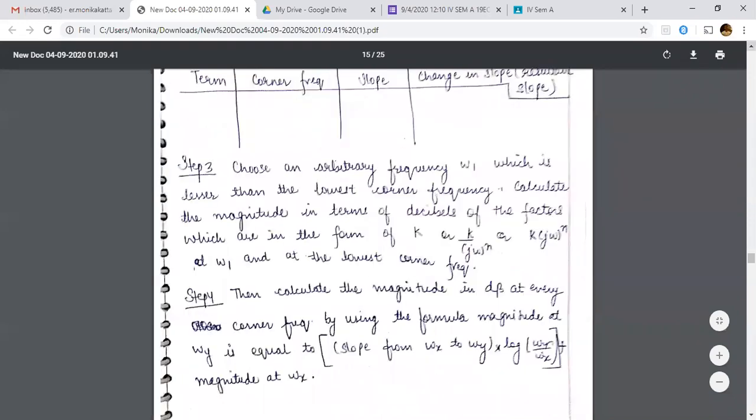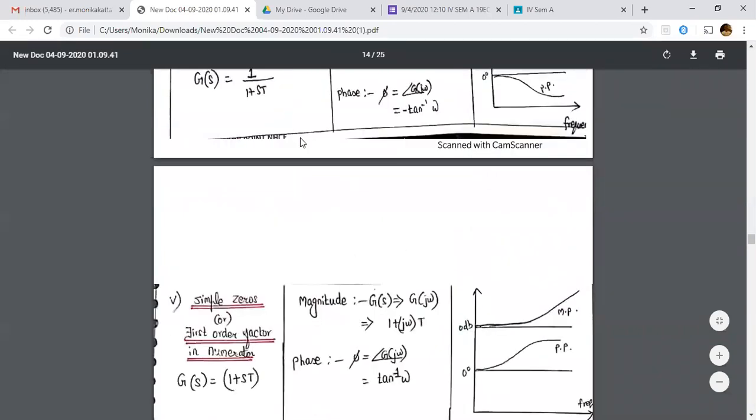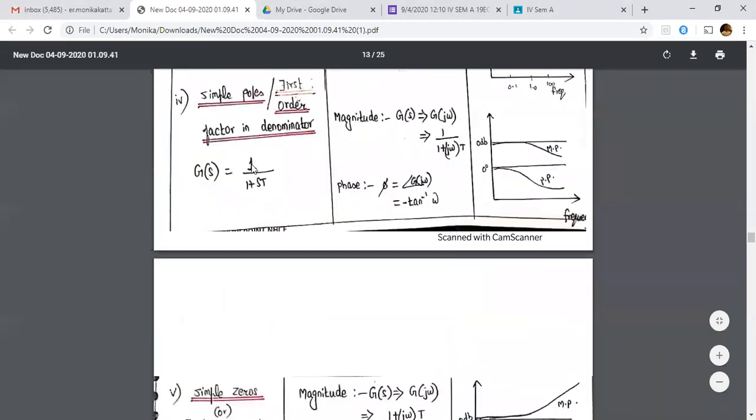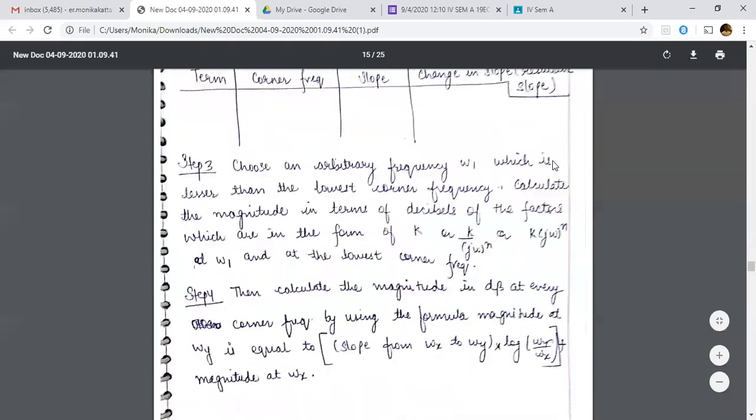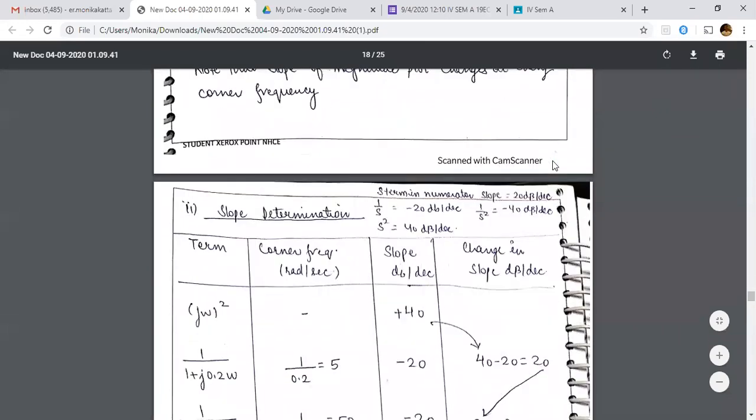Just in case you're not able to recall, I'll just show you because this is the first question. All of you should be much confident. See, so this is the way, this 1 plus sT term. So what is the slope? 1 plus sT, 1 upon 1 plus sT. This type of term, the slope is from 0, it is going down. So the slope is decreasing. So it is minus 20 dB per decade. Right? Okay. So minus 20 dB per decade. So you see, you have to recall and write here. Okay, you have to remember the table and recall and write here.